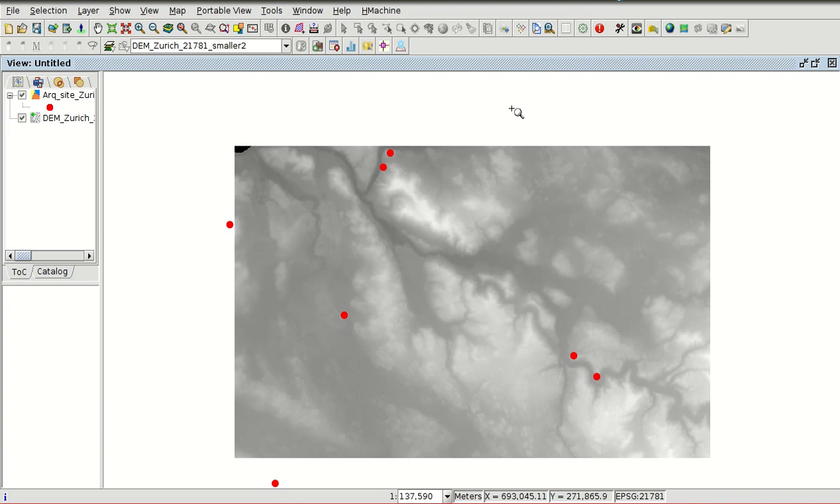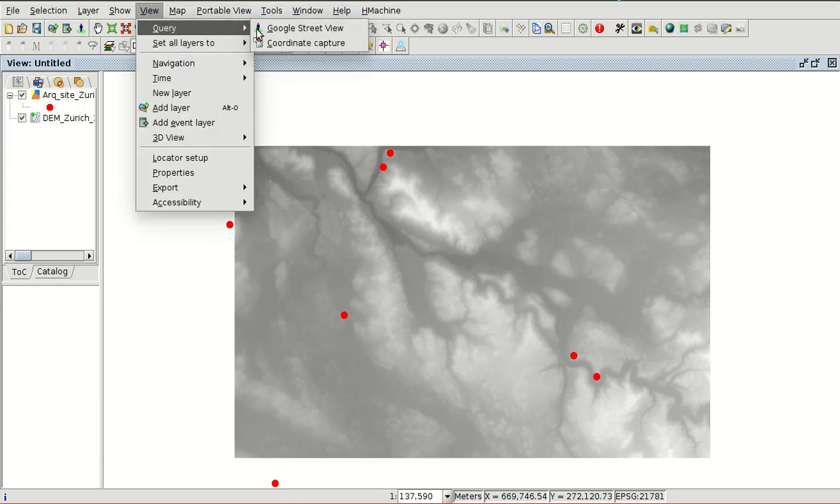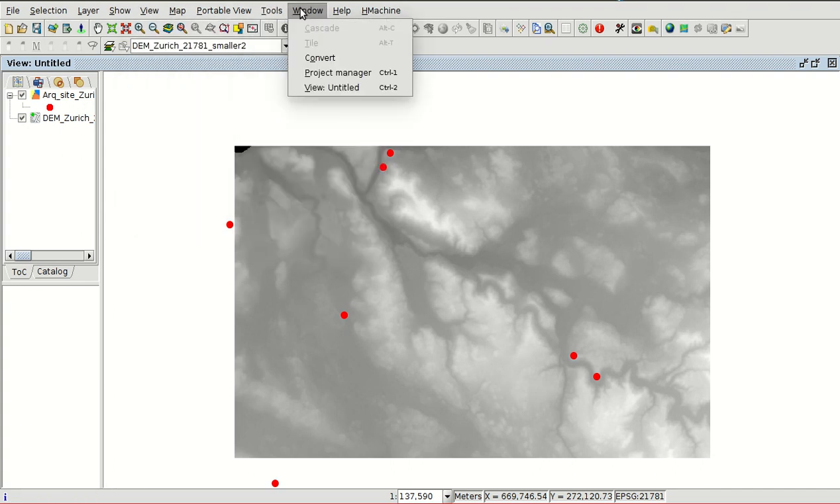Hello, we are going to show you a new tool that is very useful in gvSIG. This is the coordinates capture tool. This tool is available at the view query option, query menu, and if you don't have it installed, you have